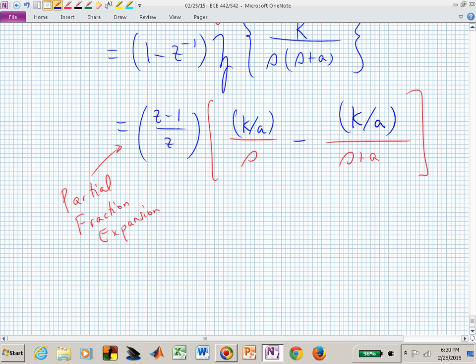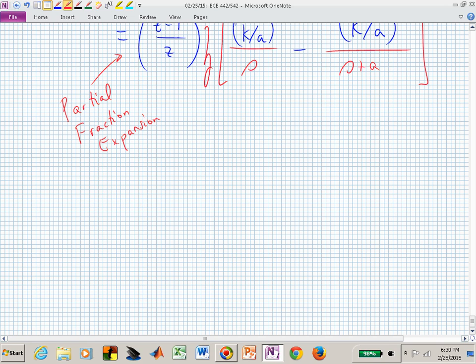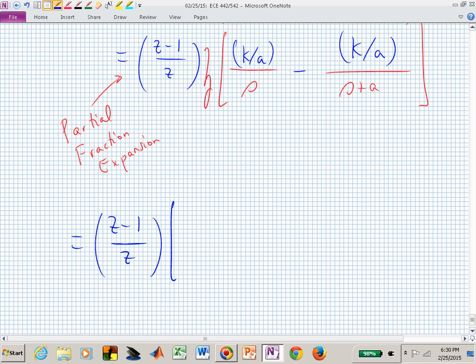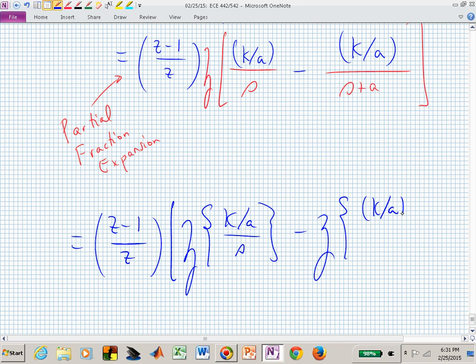And now, whoops, is that what you were wanting me to do? Somehow I lost the z transform operation on that, so now I put it back in. Now I need to, or can, what's the z transform of a unit step? Or if I do it in multiple steps,